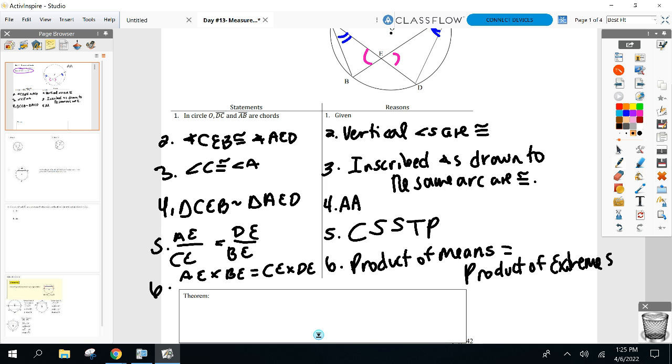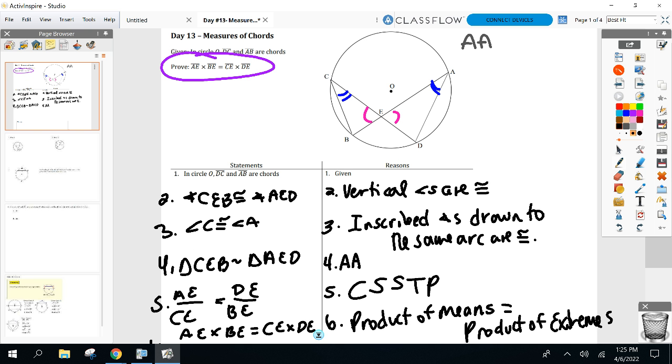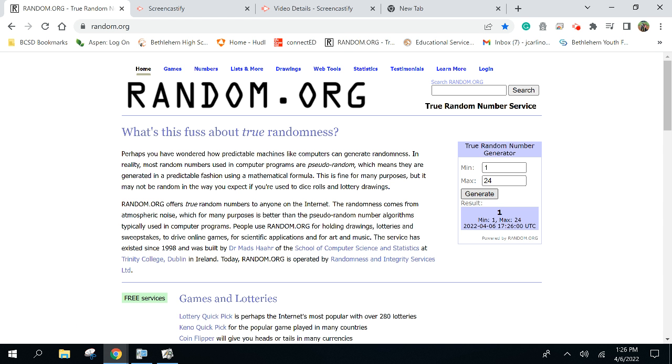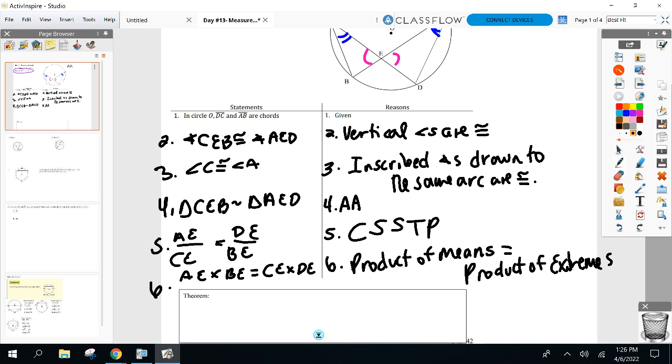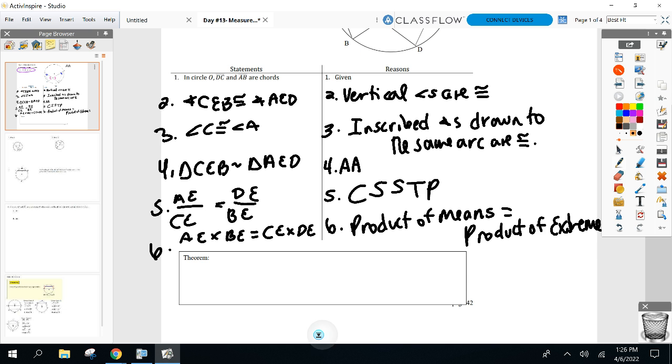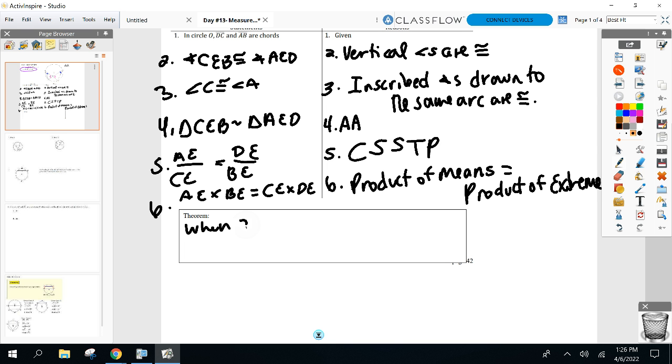All right, little good review. And that's what we're going to be talking about today. What did we just figure out about a circle? What are CD and AB in my diagram? Those are what in the circle? Meg, what are CD and AB, please? Chords, and they're both intersecting. Everyone agree? Two chords. When two chords intersect,